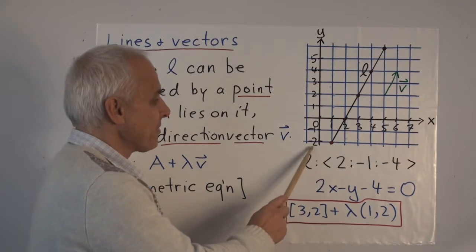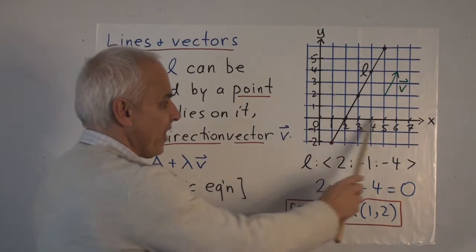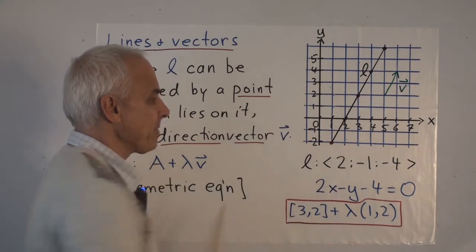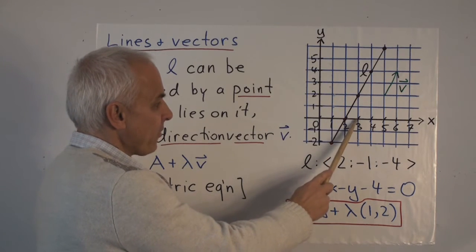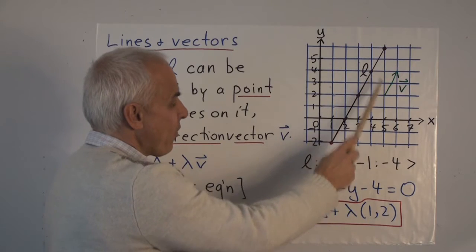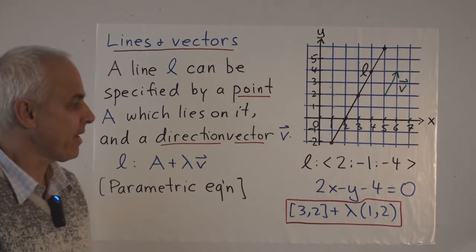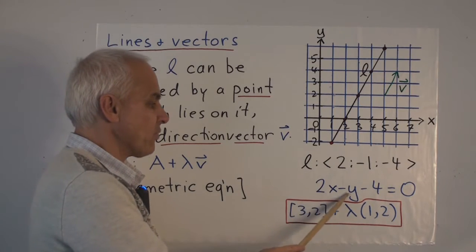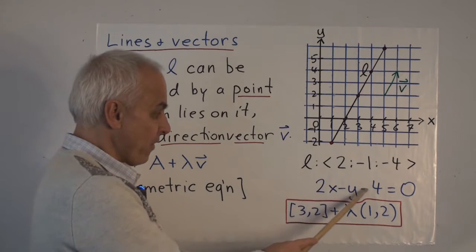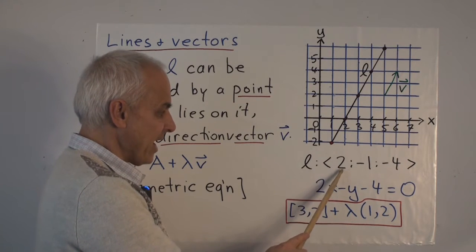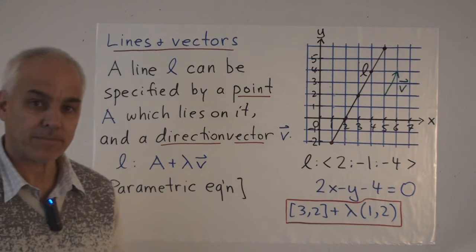Up to now, we've talked about lines in terms of their equations. So here's a picture of a line, that line L, in the Cartesian plane with coordinates x along here and y along here. And this line, for example, goes through the points (2, 0), (3, 2), (4, 4), (5, 6), also (1, -2). And its equation is 2x - y - 4 = 0, which we encode in the triple of coefficients. So we say that the line L is the proportion [2 : -1 : -4].